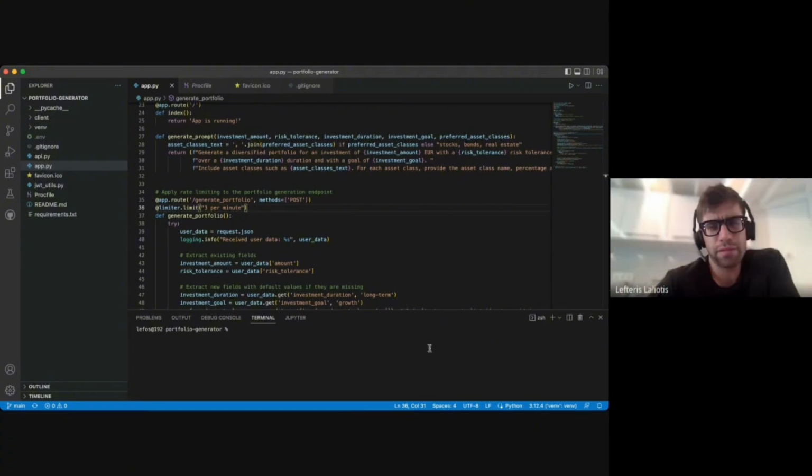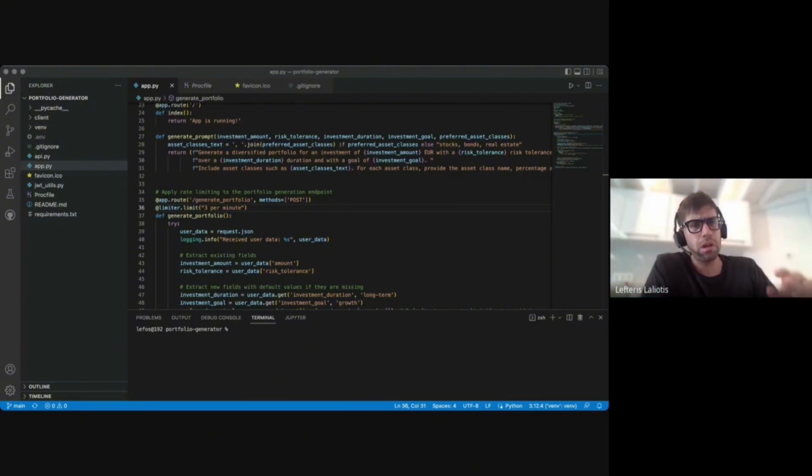I want to have some graphs. I want to have maybe some related news. Maybe I'm going to try and fine tune the model, and maybe feed it with real-time data or market news. So the output will be much more efficient and more accurate, because right now it generates the portfolios based on the historical data that the model is already trained with. And I think it's until 2022 or something. I don't remember exactly.